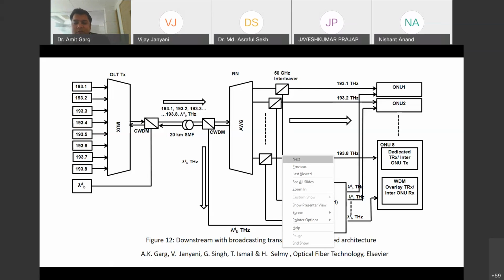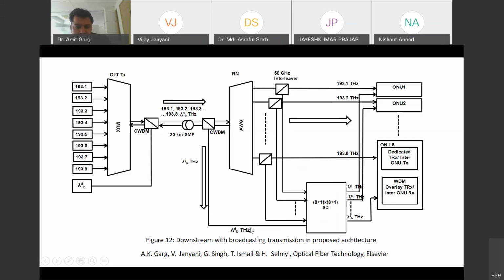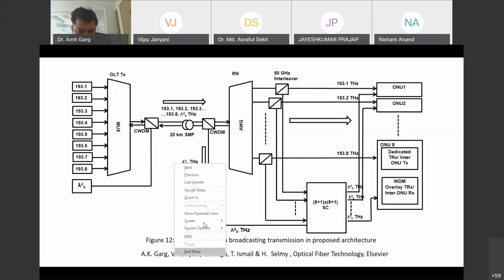And for this function of lambda B, which is the broadcasting wavelength, sir, you have multiplexed it with a CWDM multiplexer. But this CWDM multiplexer has two receive wavelengths. One receive signal is a multiplexed signal from the mux itself, a combined signal spreading over multiple wavelengths. Another signal is only the broadcast single wavelength. What is happening in the CWDM with two wavelengths? That is my basic question.